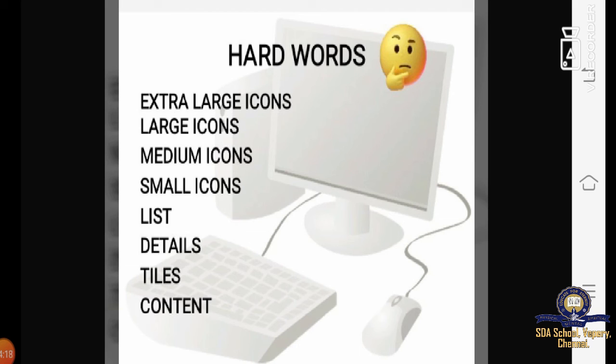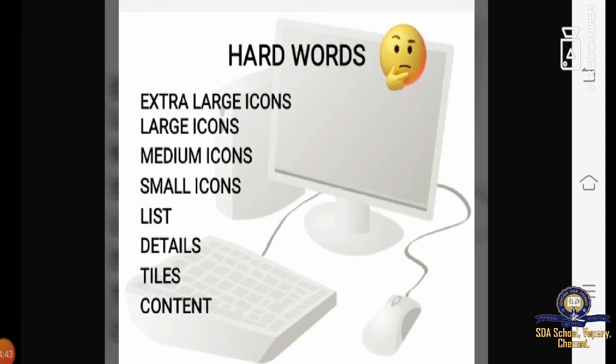Medium icons. Small. Small icons. List. Details. Tiles. Content.